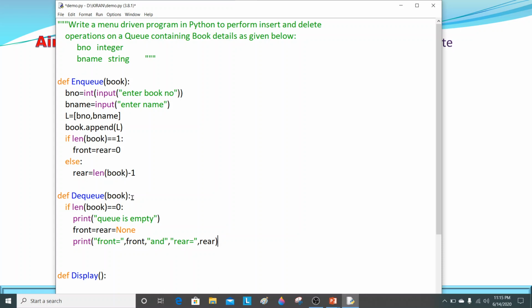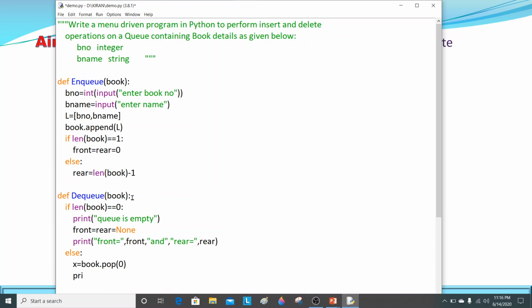After that, I have to write down the else part. It means if the queue contains some element, then you can delete the elements. For deletion, you will use the pop method. So I am writing x equals queue name, that is book, dot pop, and you have to delete the 0th element because deletion will take place from the front end.